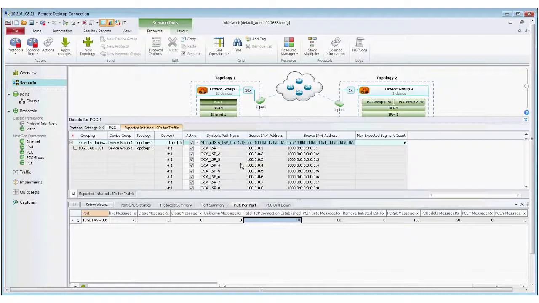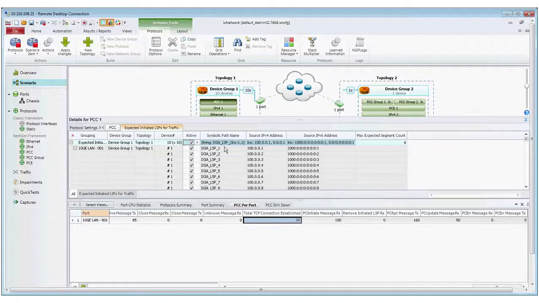Now one catch here is that in this expected initial LSP for traffic endpoint tab, these LSP names have to be similar to the symbolic path names of the LSPs that the PCE has installed on the PCCs. Unless these two match, the PCC will not be able to generate traffic,